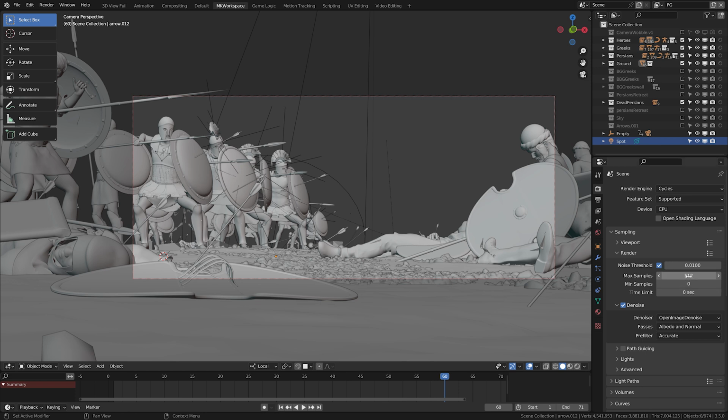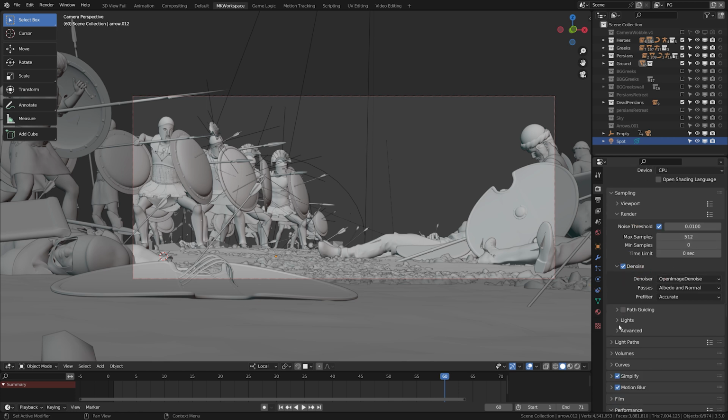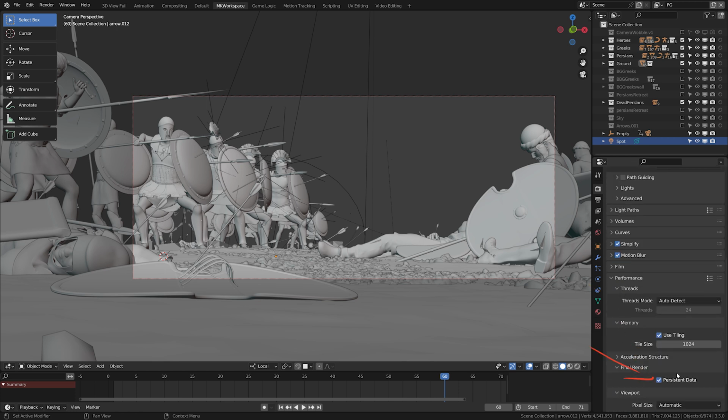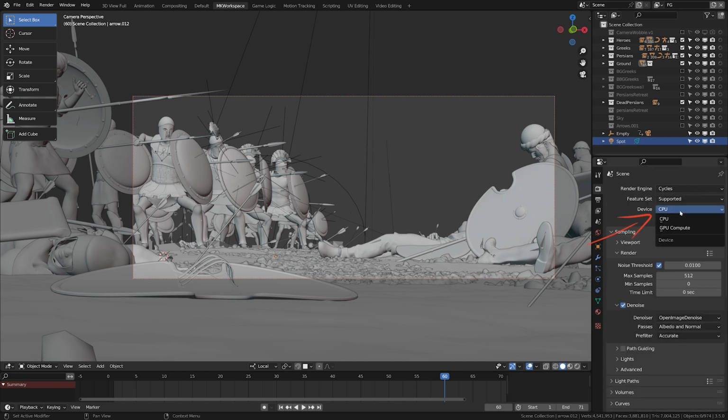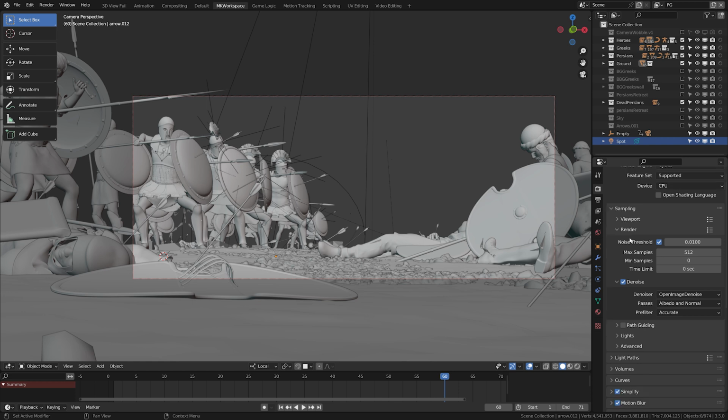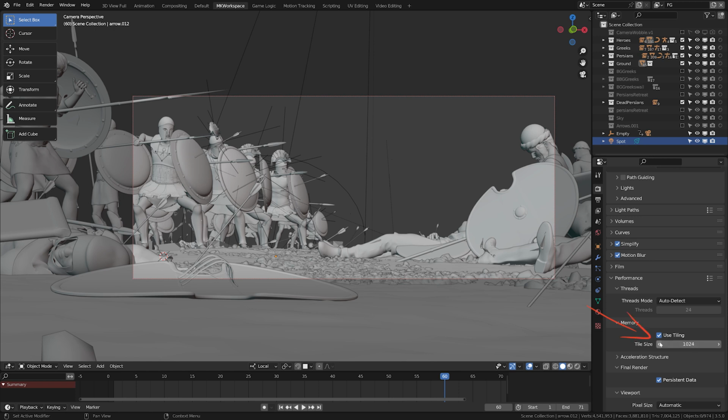For the final render, I used 512 samples with some OpenImageDenoise, and to speed up everything, I was able to check the persistent data option, where basically all the textures were stored in the memory for the system to not have to go through them for every single frame. That sped up the render significantly, but at the same time I couldn't use the GPU rendering because then I would run out of GPU memory. With the CPU, I made sure to lower the tile size slightly. Blender does better rendering CPU tiles with smaller numbers like 1024 or 512.